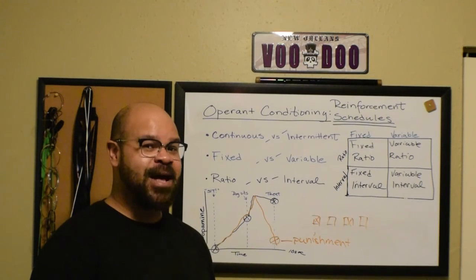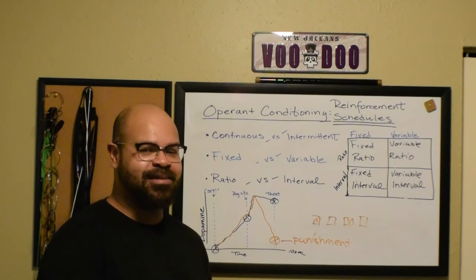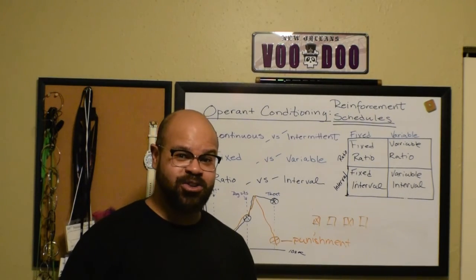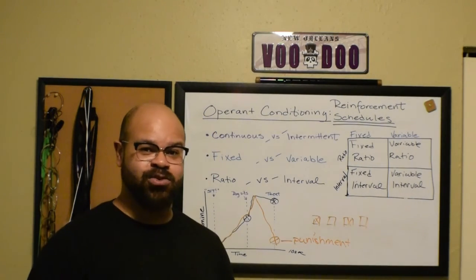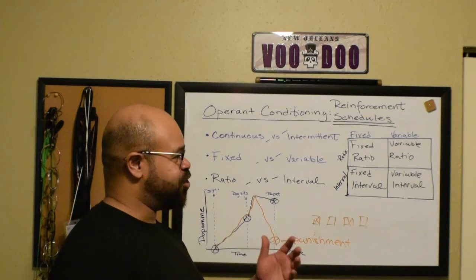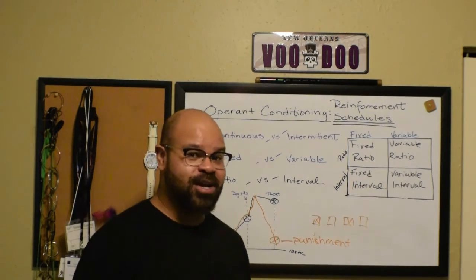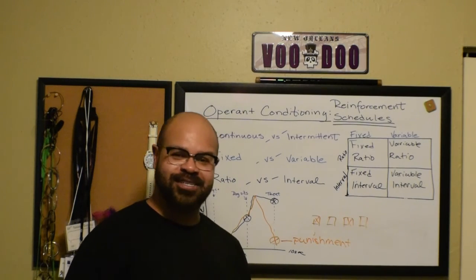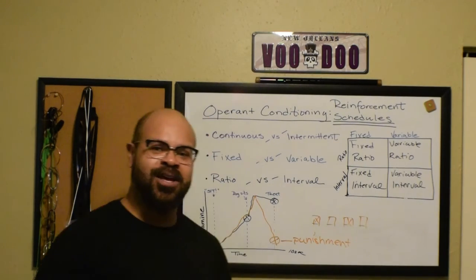That is to say, the mouse doesn't know how many times he has to press that lever for the dopamine to be dispensed. He just knows that if he keeps pressing it, eventually it will happen. It turns out that these mice will press that lever to death. They won't eat, they won't drink, they'll just press this lever